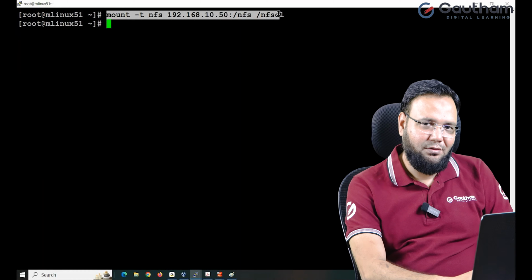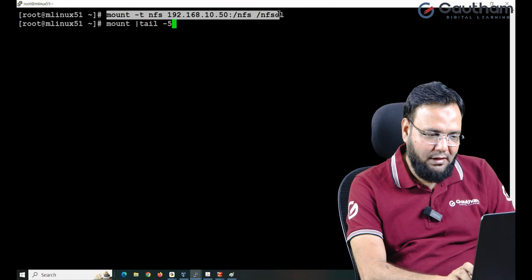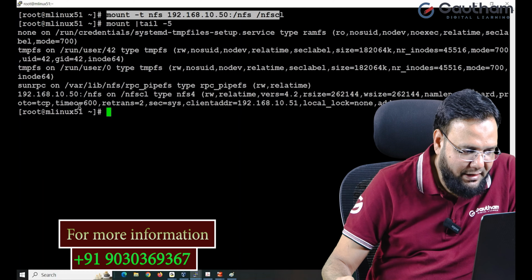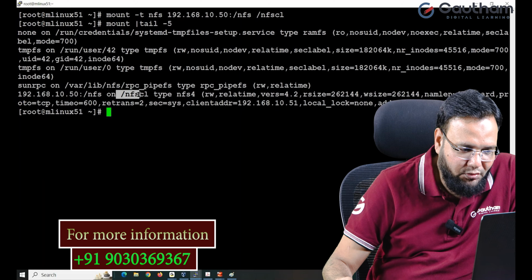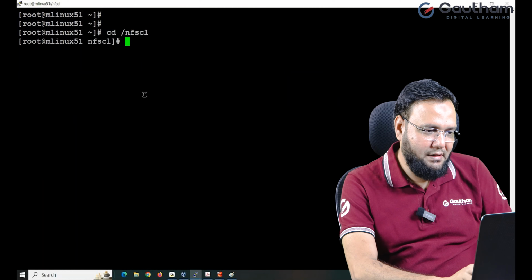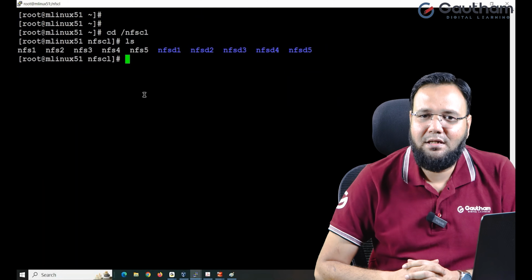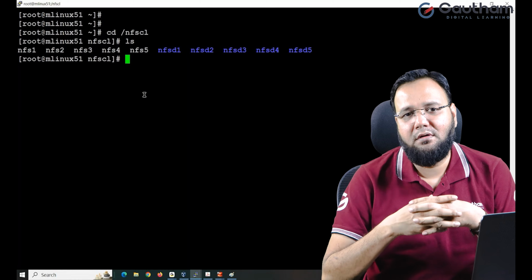Now after the mounting is completed, go to mount and look out for the last few lines. It says 10.50 NFS is connected to NFSCL. Now you go to NFSCL and see the data that we kept on the server side is visible on the client